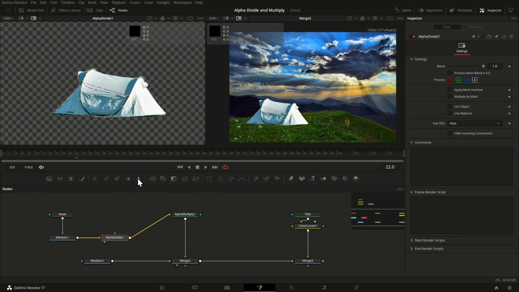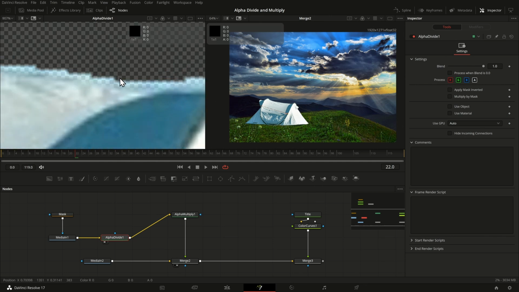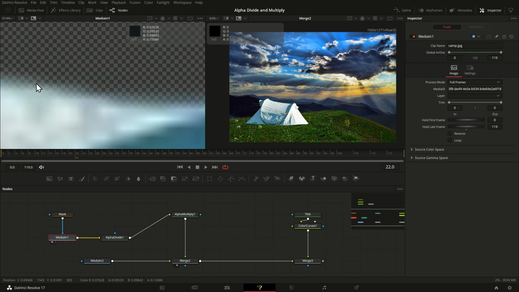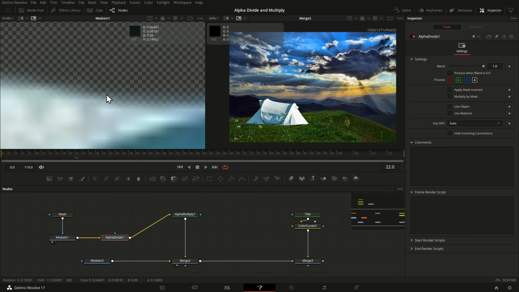What does this do? Well, from a distance, you won't see much, but you see something if you go into the semi-transparent areas. So this was before. This is the normal image, like the pre-multiplied image, the image which you just get by attaching a mask. And then if you do alpha divide, you see something is happening here on the edges.